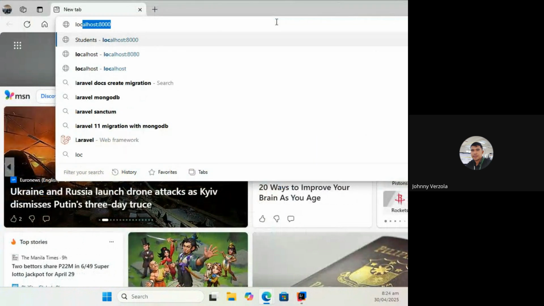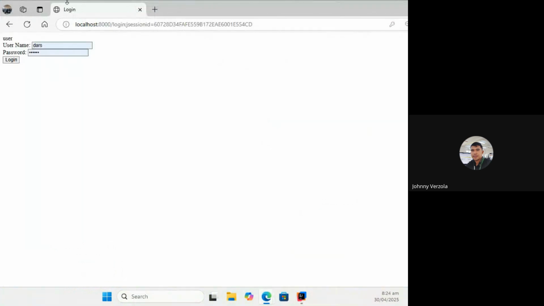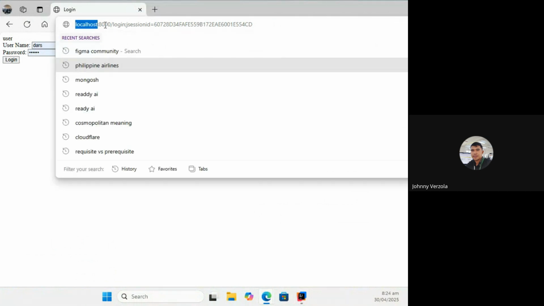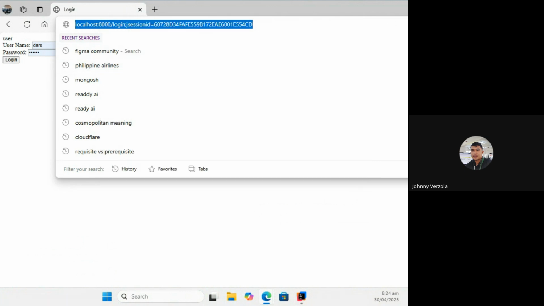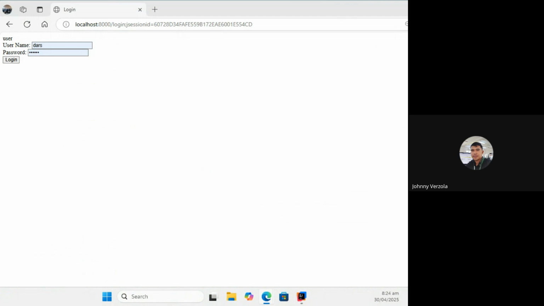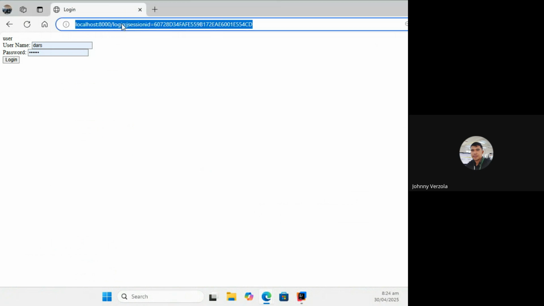It's localhost 8000. Okay. When you access it, this is basically login, and this is the session ID. Okay, when you access slash login by entering it on the browser URL, that is a get request.